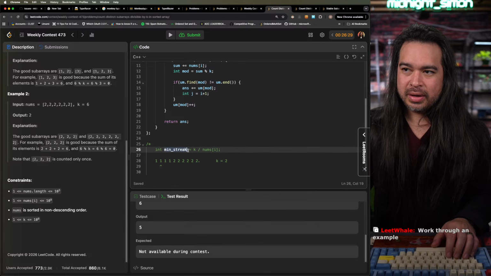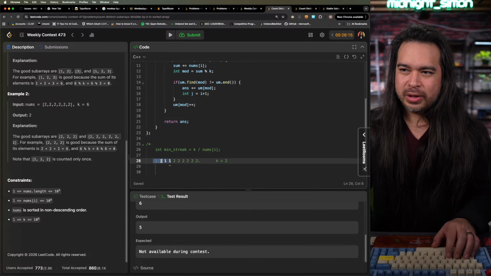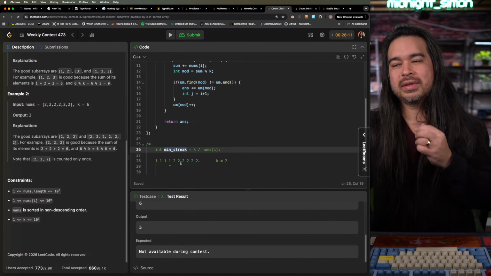So right here, every streak of 2 would be a unique one in this, right? And if we get a streak of 4, that means,